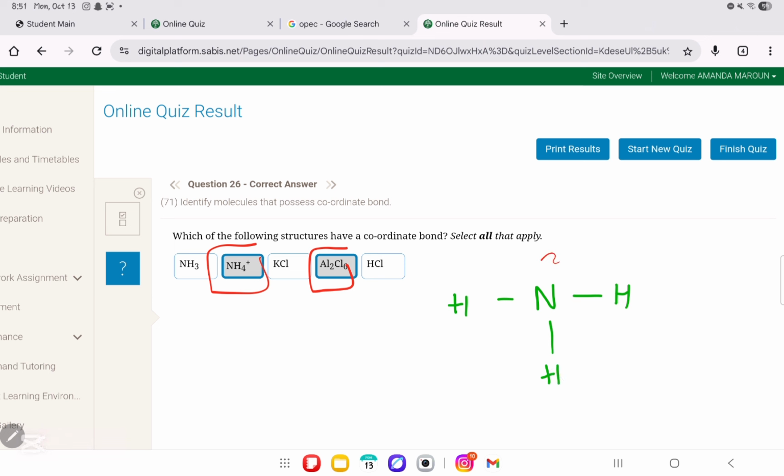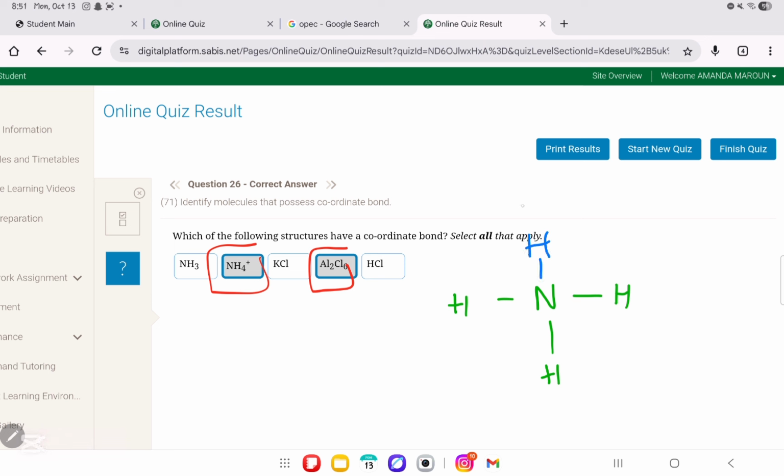Originally, what happened? It was NH3, and this is the structure of NH3. I'm gonna leave it for you to get it, right? Then what happened? Then they decided, okay, this is NH3, it's boring, let's take H+. Let's see what happens when we bring H+ close to the NH3. It will become